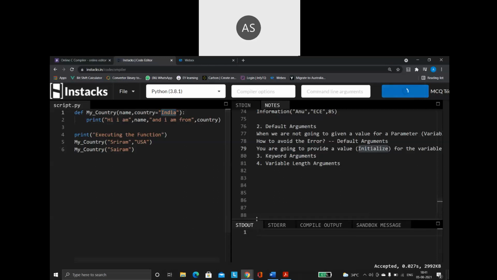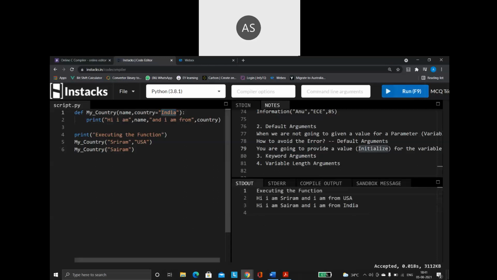See here, when I run this, there is no error. Even though I am giving only one parameter, the error is not generated. See what happens. It says I am from India. So when you're not giving the second parameter, the default value will take place. If you're giving the value, then whatever value you are giving will get assigned to that particular parameter.